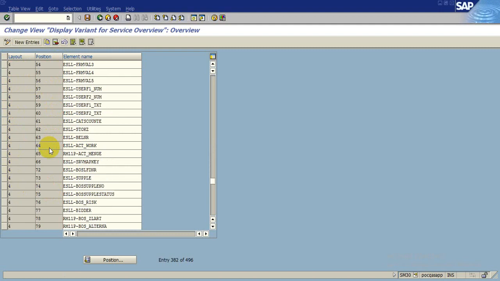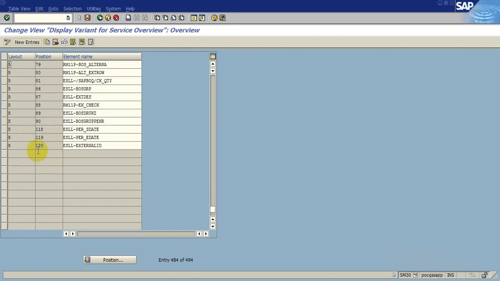Again we go down for the fourth layout. Oh sorry, it's gone up. Here it is 18 and 19, delete. Again we go down for the fifth, 18 and 19.